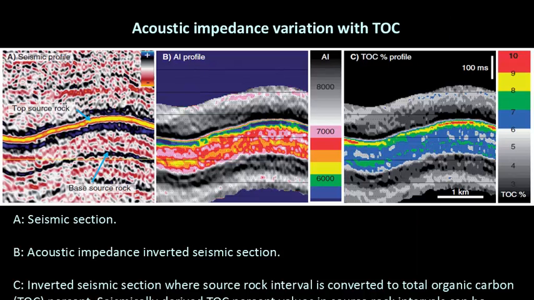Now, here is what they had done, and this particular methodology is very convincing. Here is your seismic section, and this is the zone we are looking at, the shale zone. This is your acoustic impedance, and as you see, the acoustic impedance varies, and it is lower on the upper part, and it increases somewhat in the lower portion. And then using that particular relationship, you transform that into a TOC volume, and that is what probably you would like to get from your shale formation.